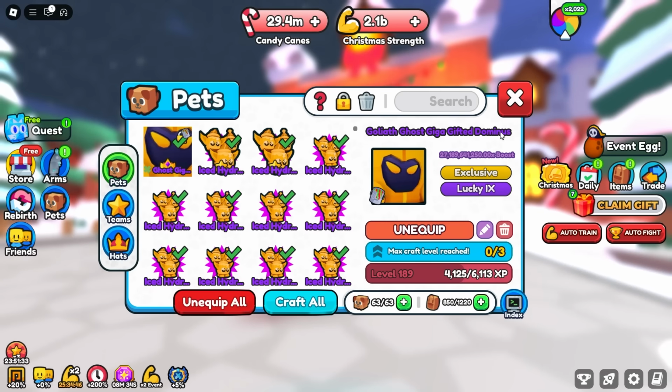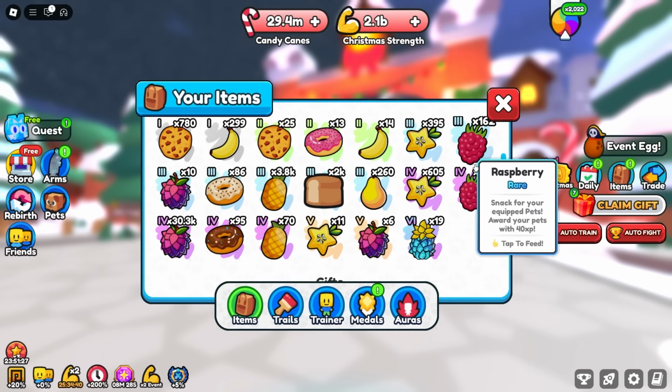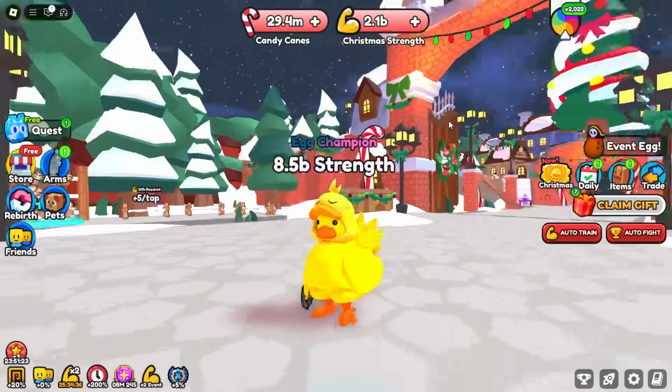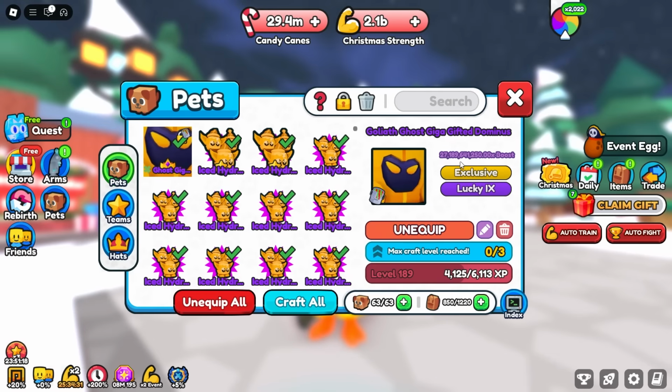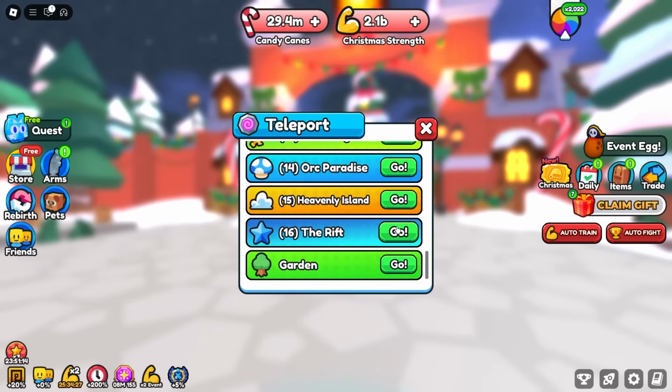Ah, man, I forgot something. We got our pet up to level 189, but it took us over 2,000 enchanted raspberries. Now, these are kind of hard to come by, depending on what event is in the game. So I think for now, I mean, it does look like it's a 27.1 billion multiplier pet, so it looks like 30 billion is on the way, but I'm probably just going to head to World 16, and